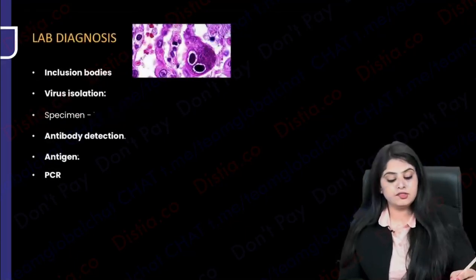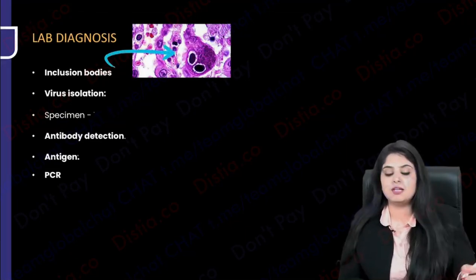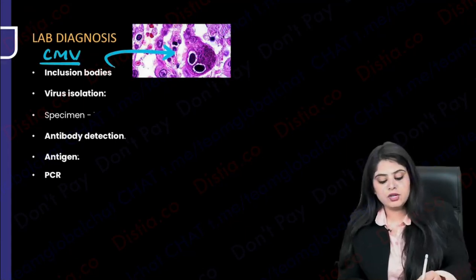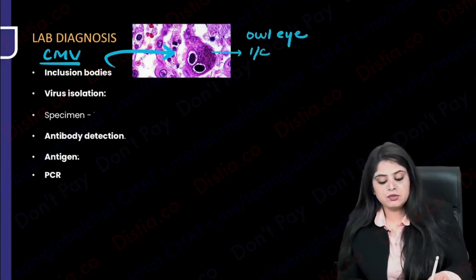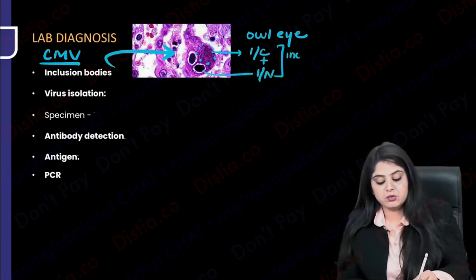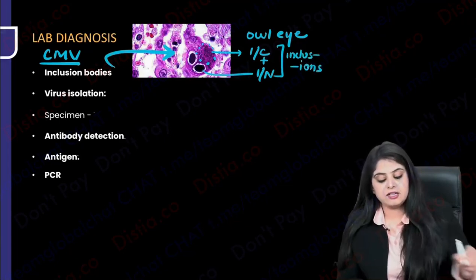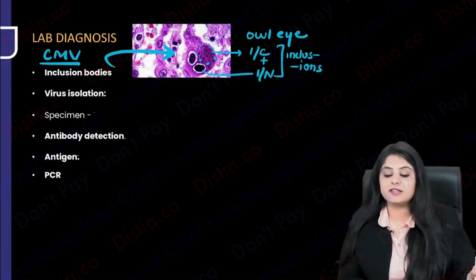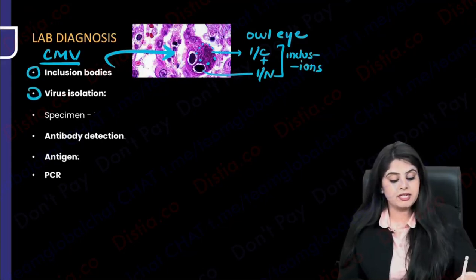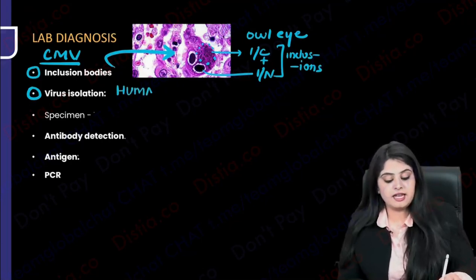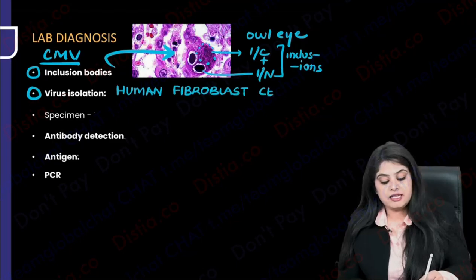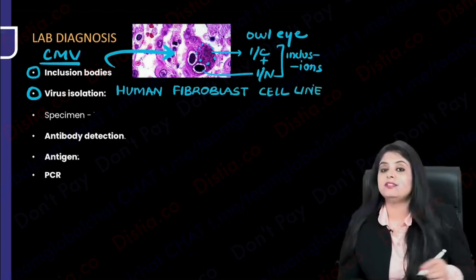What is the lab diagnosis for CMV? Come on, this I'm not going to tell you. This is chapter 1. Cytomegalovirus is going to show you what? The very famous owl-eye appearance. Owl-eye appearance means that the cytoplasm also has a bunch of inclusions and the nucleus also has a bunch of inclusions. So this is the one that shows you both intranuclear and intracytoplasmic inclusions. How are you going to do the virus isolation? This also go back to chapter 1. You have read it all. The virus isolation is going to be done on a cell line, and I told you which is the most famous cell line which you use for cytomegalovirus, and that is the human fibroblast cell line. Now tell me, is the human fibroblast cell line primary, secondary or continuous?